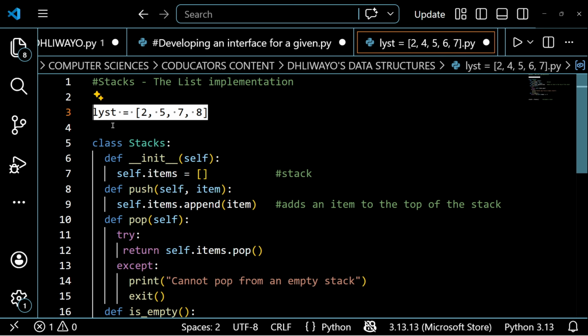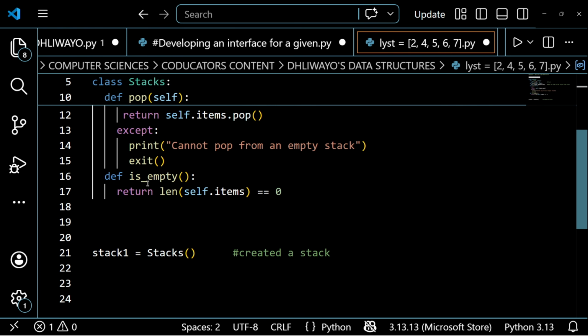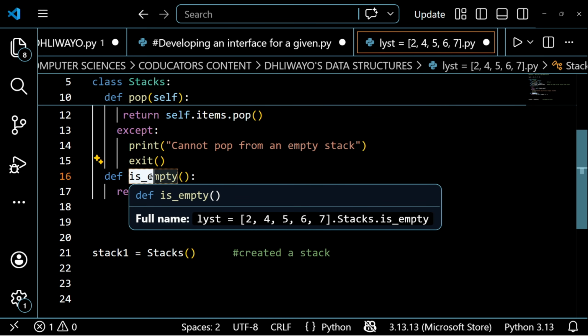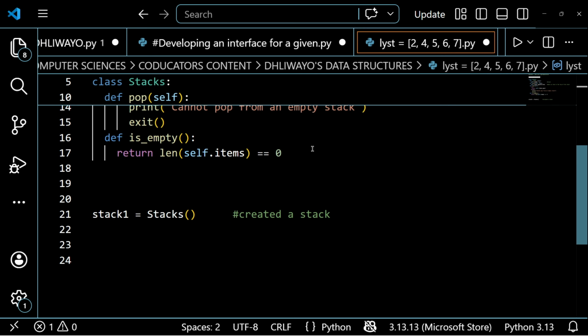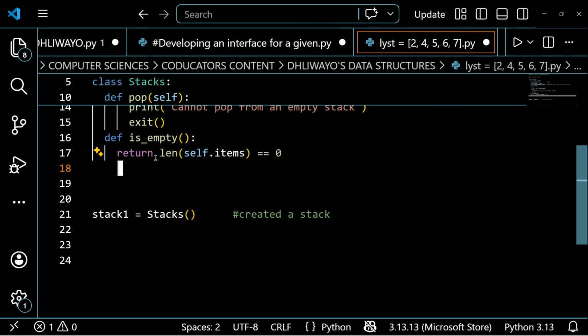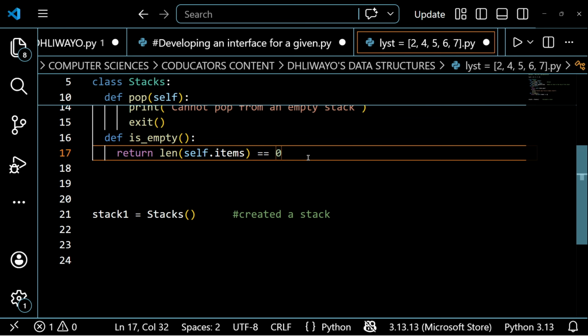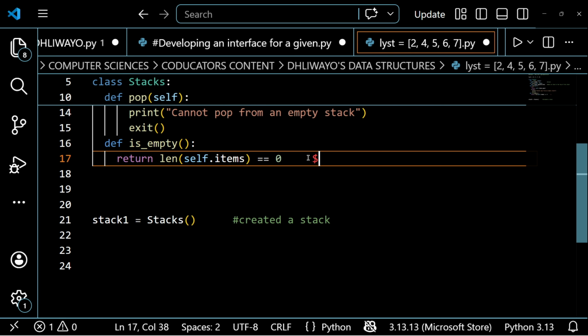All right. So here, if I pass this method, which is isEmpty, on this list, this is going to be a false Boolean expression, or a false logical expression, because the length of that list is not equal to 0. So this will return false. So this method returns true only when the length is 0.